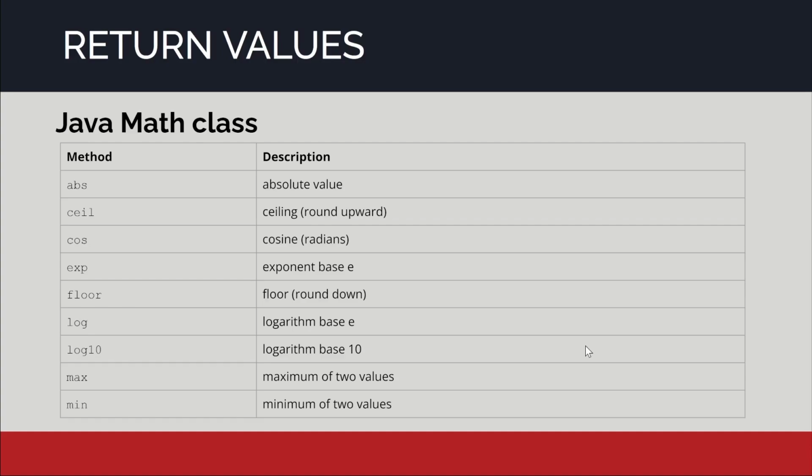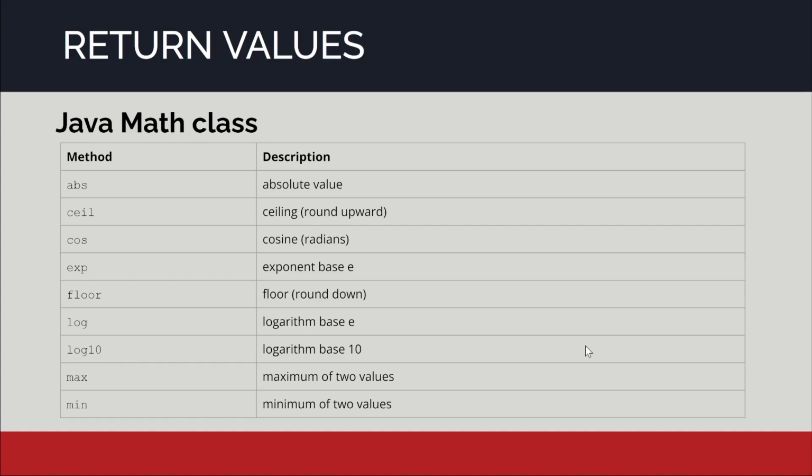You remember how we talked about how integer division will just cut off the end. Well, if you want to round something up, this is one way to do it. COS is cosine from trigonometry. EXP is exponent base e, that constant that we talked about in the previous slide. Floor is the opposite of ceiling. Log is logarithm base e,